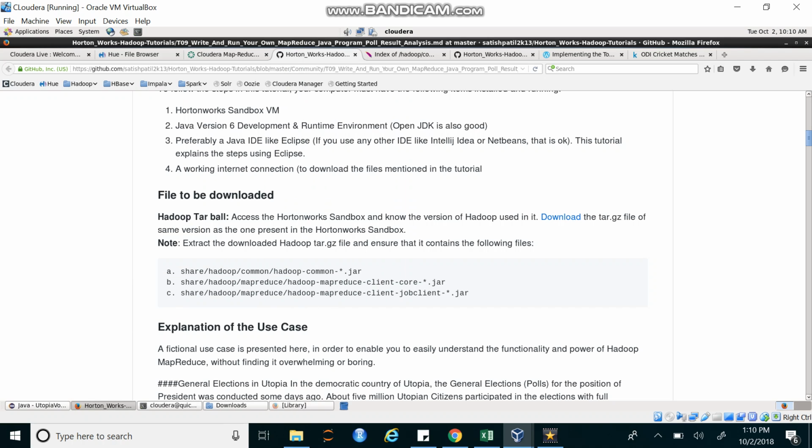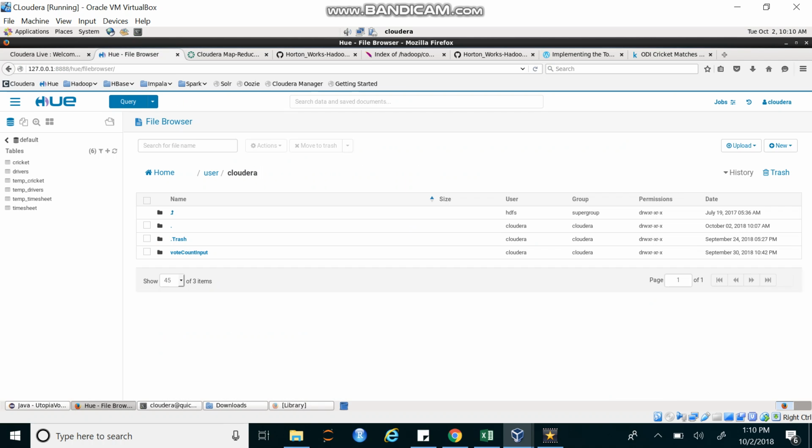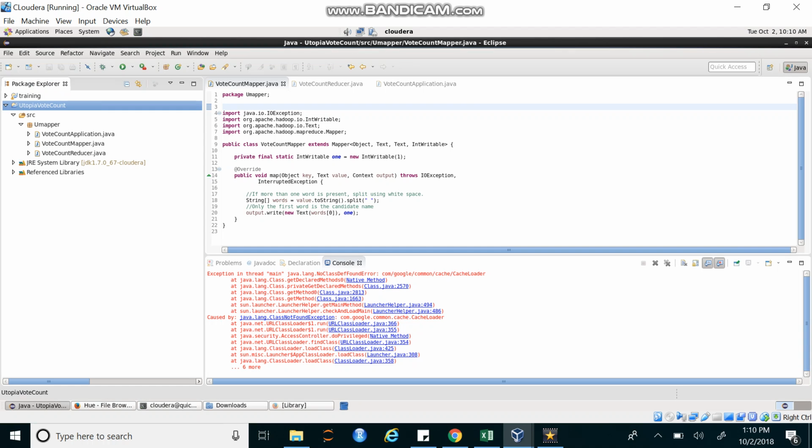depending upon the results. So let's go on to the HUE browser and create a vote input directory, and within that we will be importing our two files, booth 1 and booth 2, that I just showed you. Now let's go to Java, and we have created a new project here by the name of Utopia vote count, and within that we have created a mapper package,